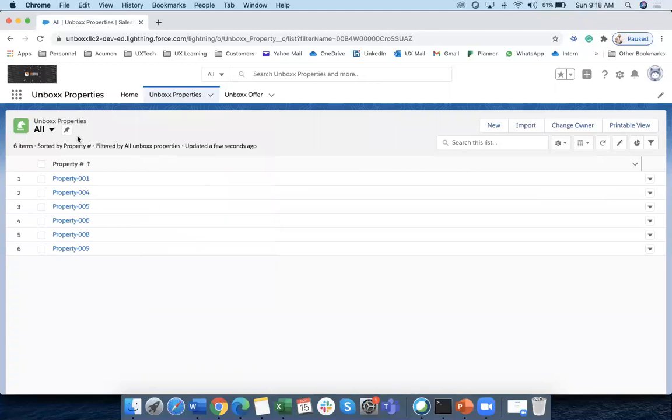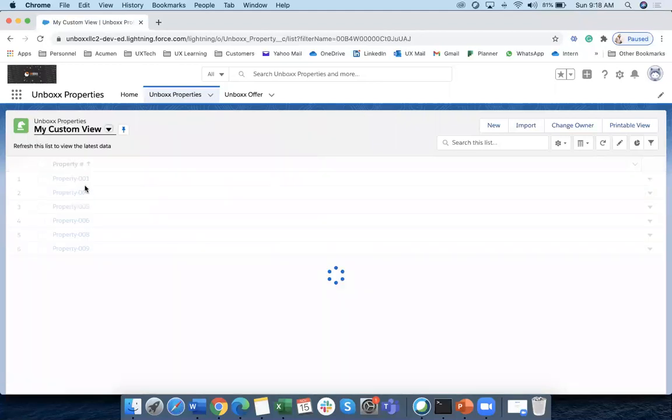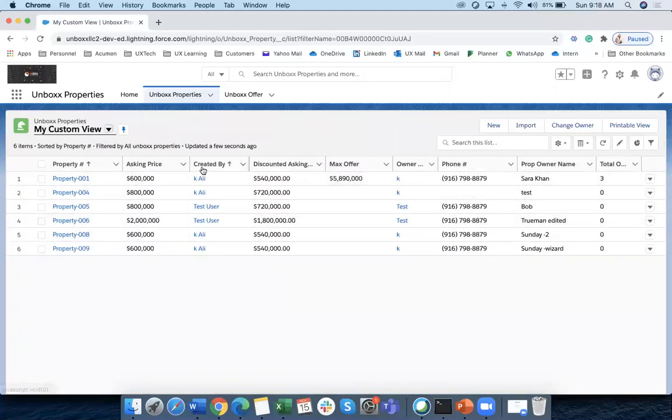I also created a view that we discussed in the last session, which is a little bit more customized, so you can see who created what. So here, 4 records are created by KLE, 2 records by test user. And again, you might just keep in mind all the time